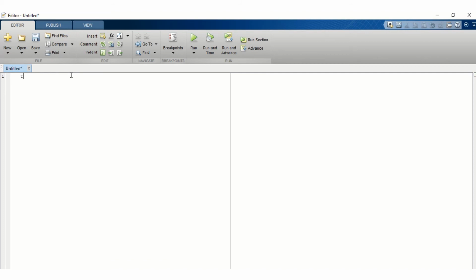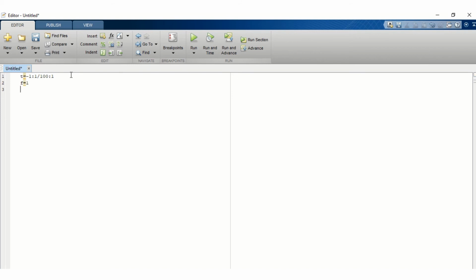First t equal to the value from -1 to 1, with spacing of 1/100, and now we assign the value f equal to 1 Hertz.